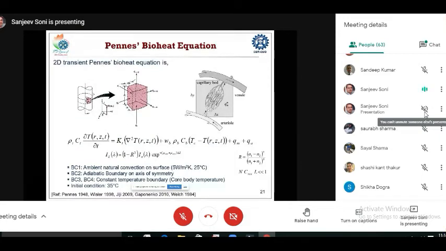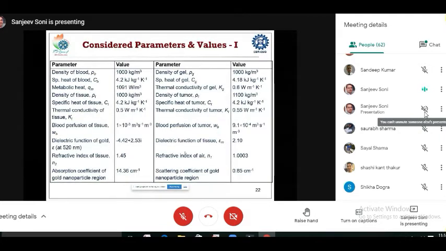So once we have an idea about the light interaction and the energy which is dumped into the tissue, now we need to model the temperature also, how the temperature is evolving in that particular tissue. For that, again, the same Pennes model which we discussed earlier. Depending on the geometry, we can convert this equation to cylindrical coordinates or even spherical coordinates, depending on the requirement, and by giving certain boundary conditions, this can be solved further. There are a variety of parameters for the tissue, the tumor, and the nanoparticles which are to be specified in the model so that we can compute the resulting temperatures.